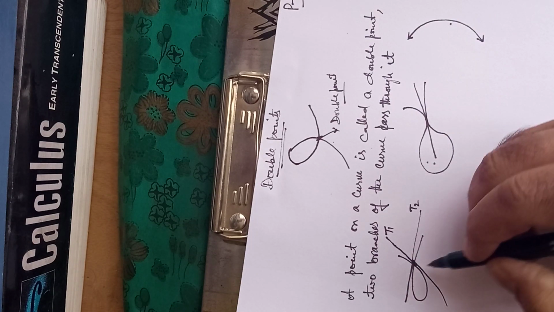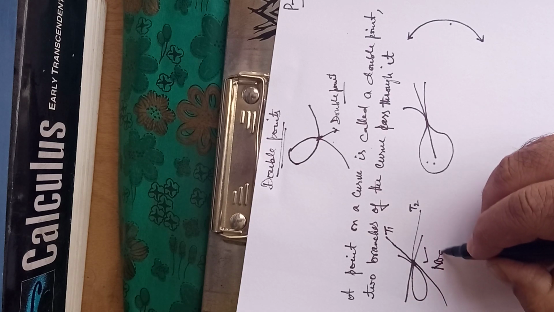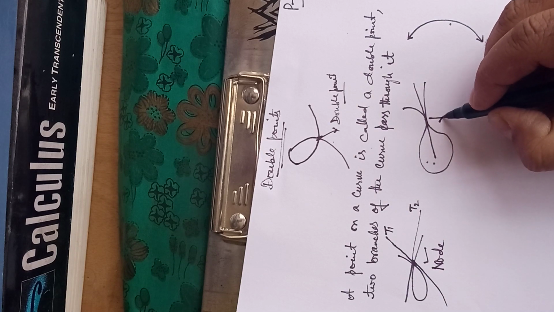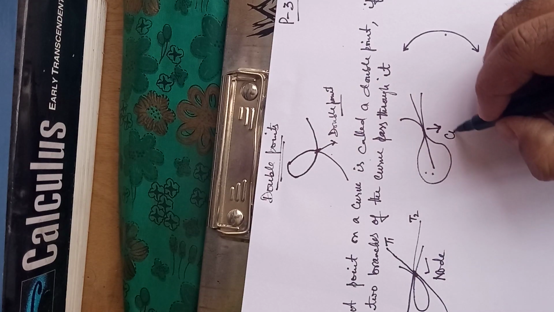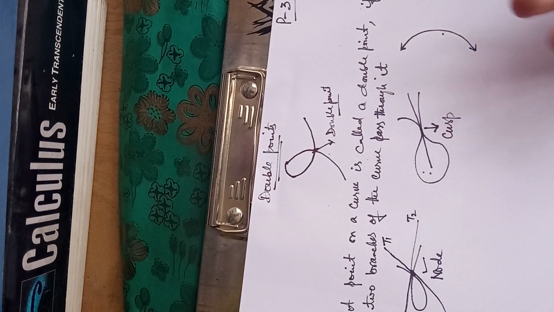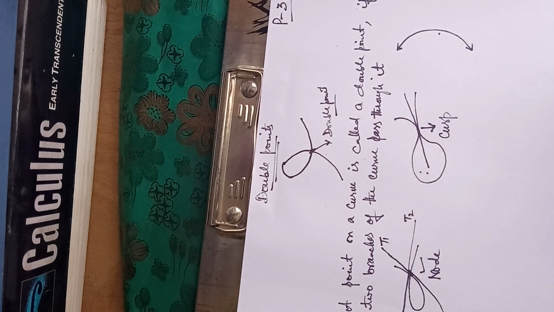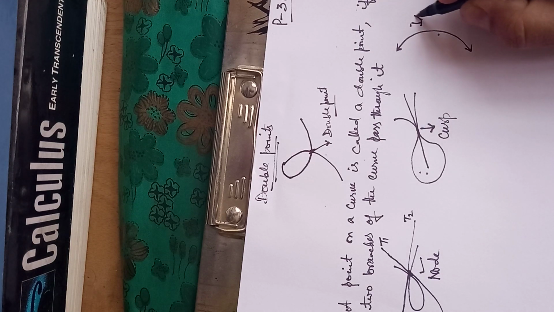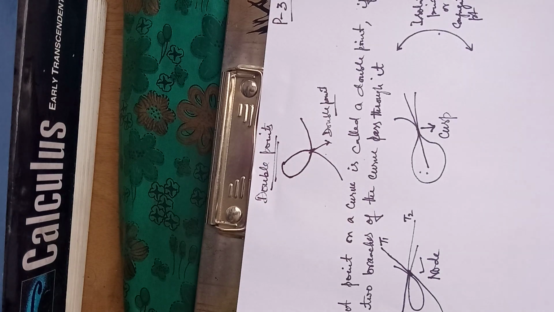Now, if at a point I have two real and different tangents, this point is known as a node. If I have an equal or common tangent, then this is known as a cusp. And if I don't know where the two branches will pass or intersect each other, then this is known as an isolated point or conjugate point. Okay,